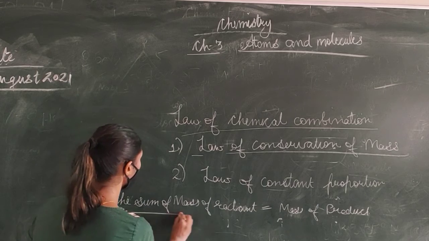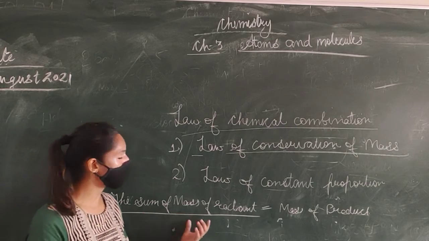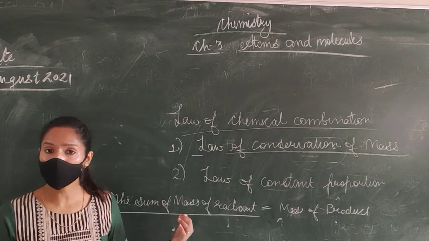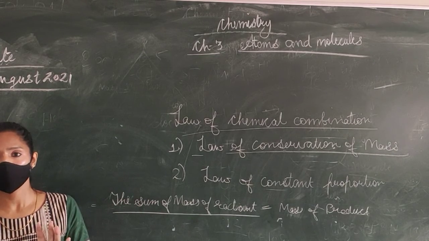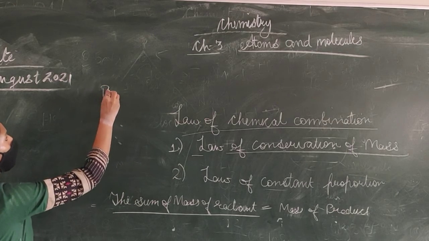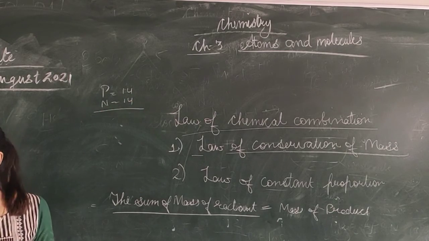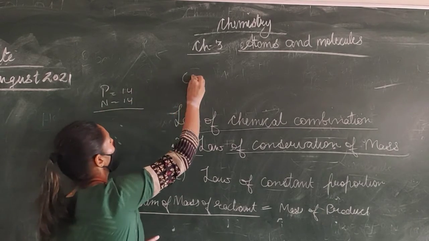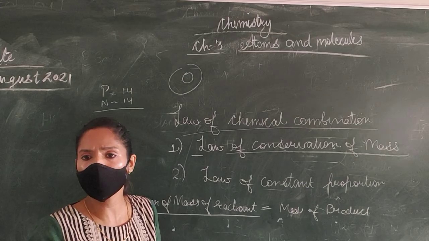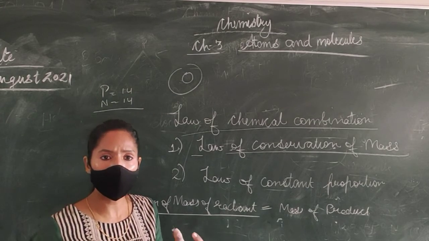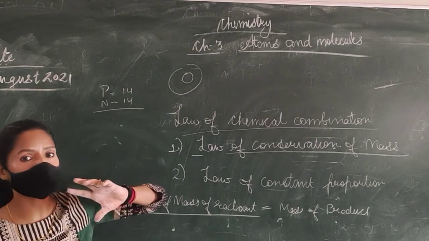That means in any chemical reaction, whatever reactants we are using, the mass of those reactants equals the products. Now, what is this mass? I just told you, atomic mass is the mass of the protons and neutrons. We have discussed that a proton has 1 u mass and a neutron also has 1 u mass. An electron does not have any mass, so the nucleus of the atom is very dense because all the mass is there in the nucleus. So the mass of an atom is in its nucleus.